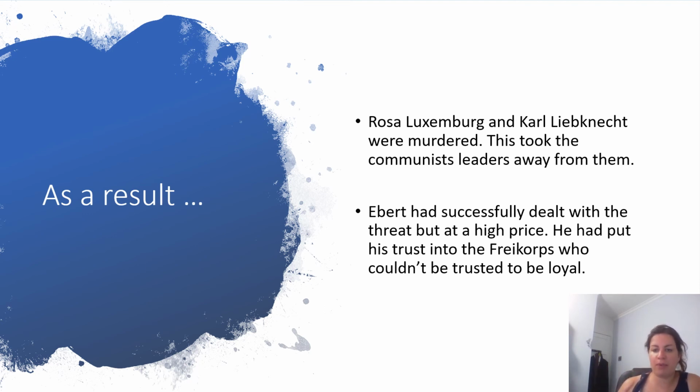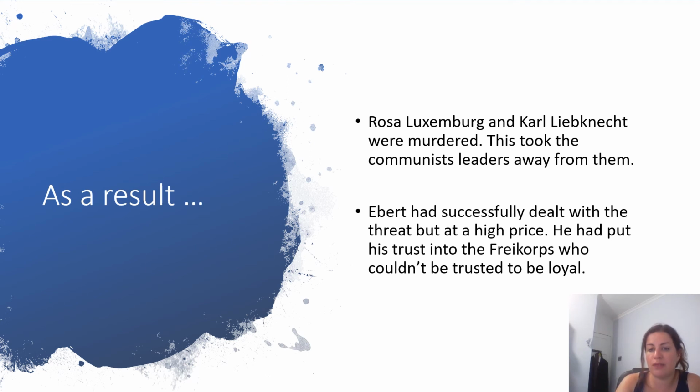So all the people who had supported the communists and looked up to their strong leaders, these leaders had been killed. So they've gone. And that kind of reduces the communist threat quite a lot, because if they've not got strong leaders leading them, then they're not going to really rise up against them anymore, if that makes sense. So Ebert had then successfully dealt with the threat, but it came at a high price,